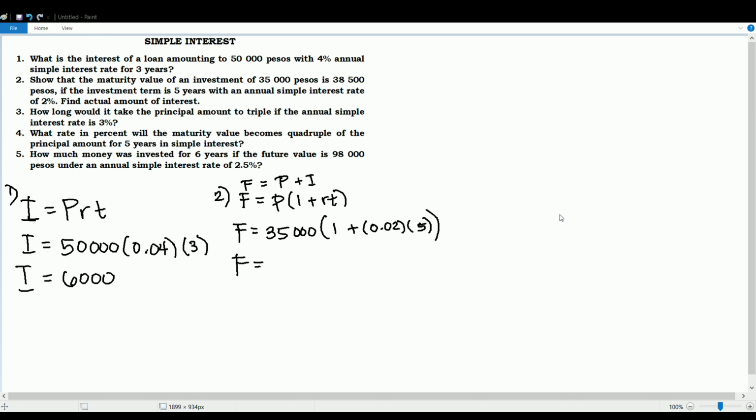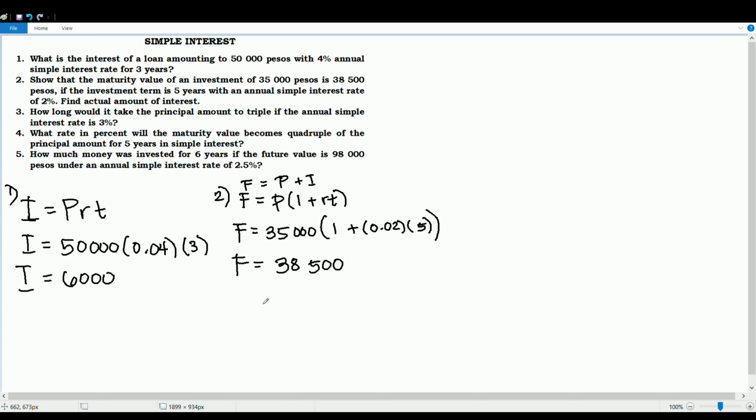I will be calculating first the numbers inside the parentheses so that there will be no confusing factor when we calculate the numbers. So we have 5 times 0.02 equals, and then we have to add plus 1, and we have to multiply this by 35,000 pesos. So times 35,000, the answer is 38,500 pesos. Therefore, we have already the proof that the future value, or the maturity value, will become